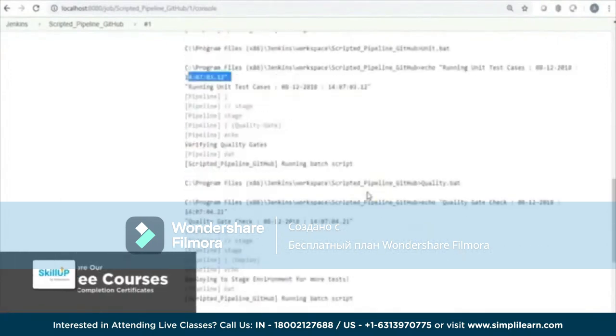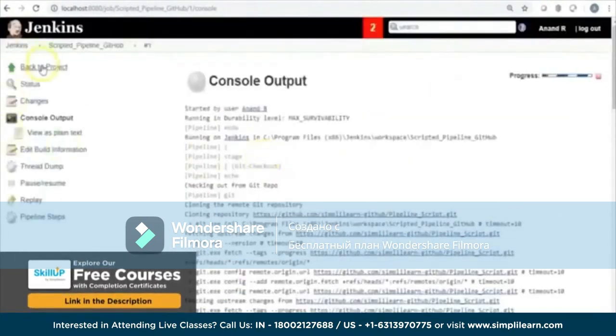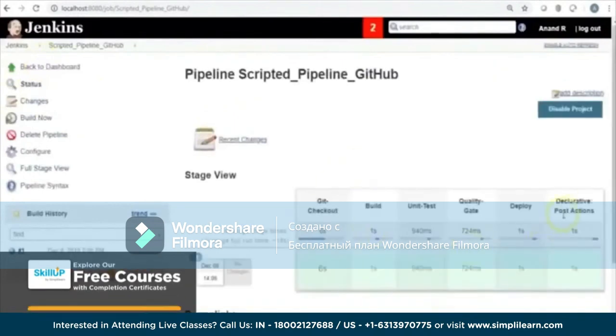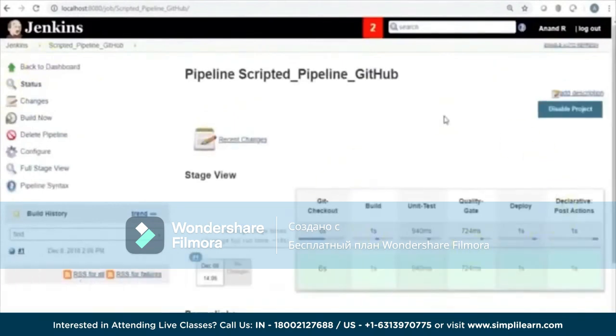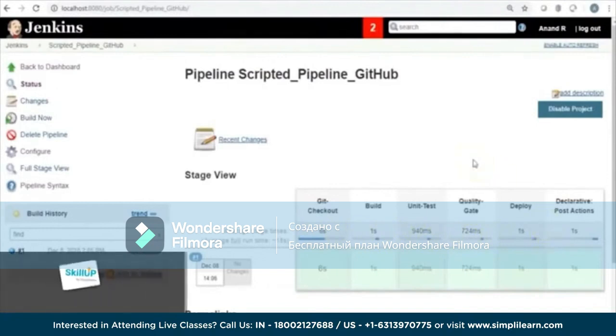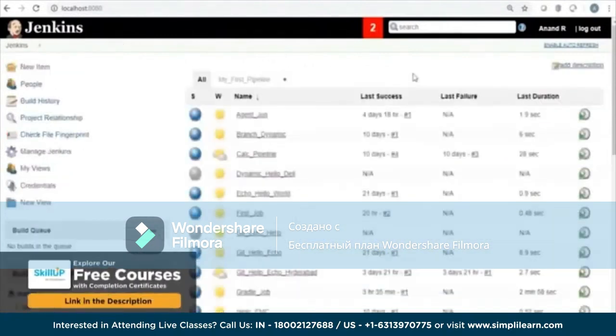Okay, so all these passed, and if I go back to the project, I will also see this beautiful view of exactly what the time was for checking out the repository, running the build.bat, running the unit test cases, quality gates, and all this. Isn't that pretty simple? Now let me modify my previous job, or rather let me put up a new job